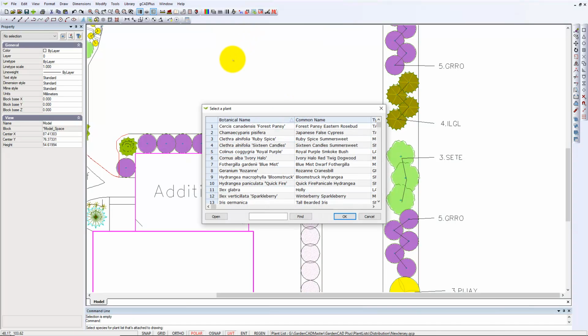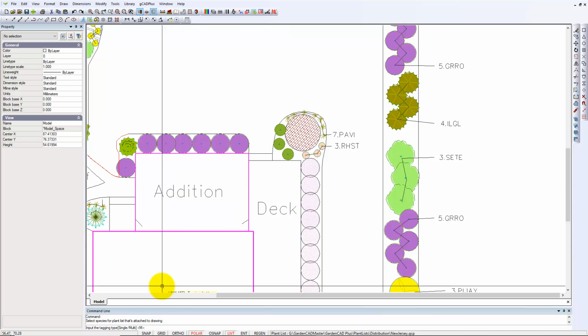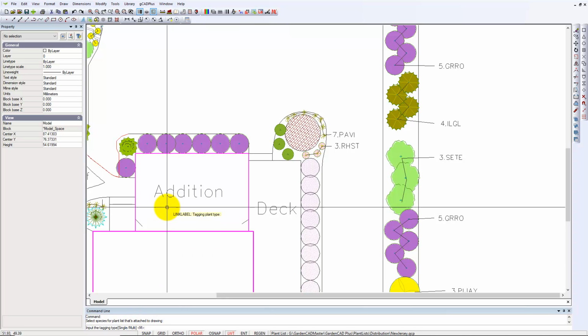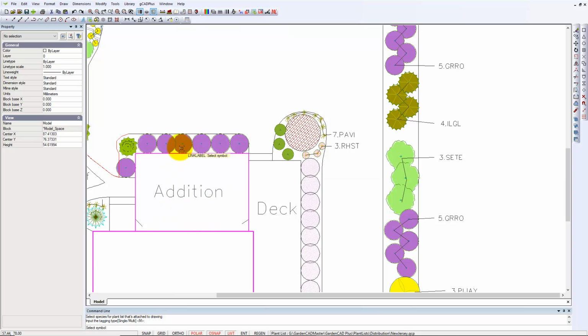So we select it, and it's Grevillea Roseanne. I can see it here, but I could search for it. So, sorry, not Grevillea Roseanne, geranium Roseanne. And if you look down here in the command area, we're asked to make a decision. Is it going to be multi or single stem? The default is multi, and we'll pick, and you may notice that a line has been drawn between each